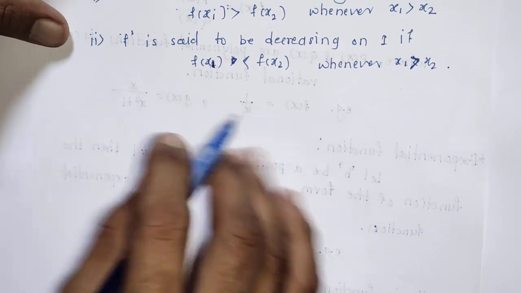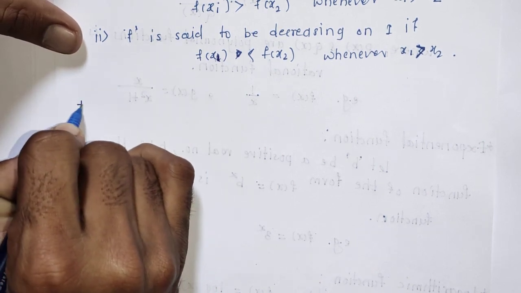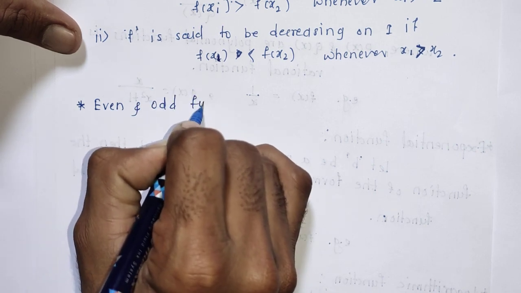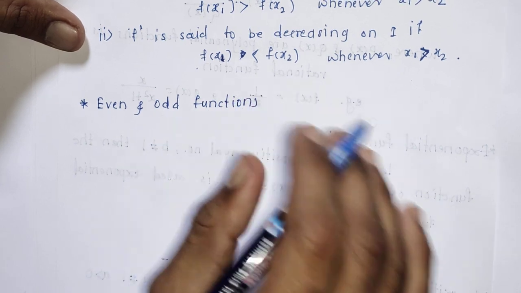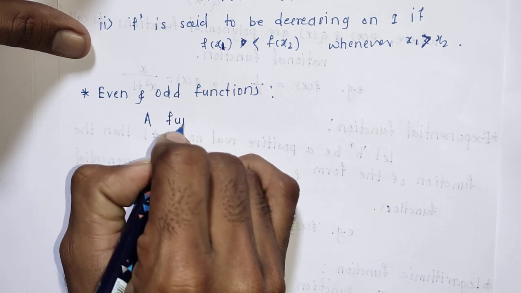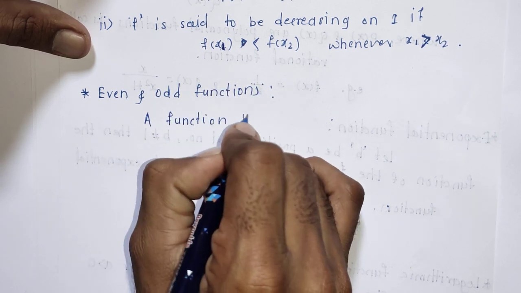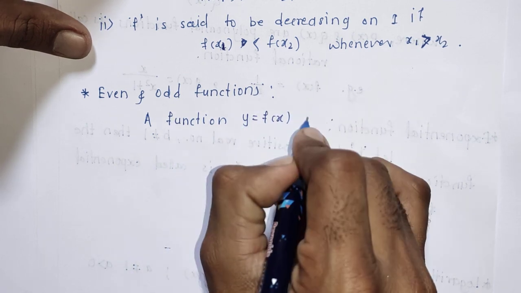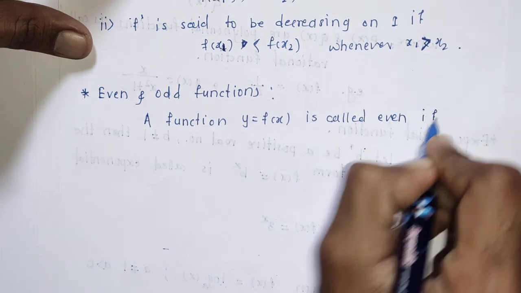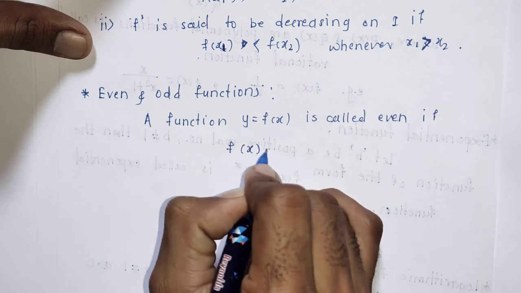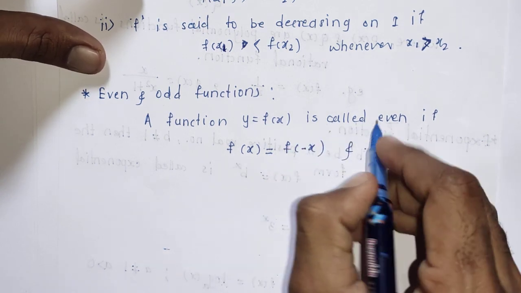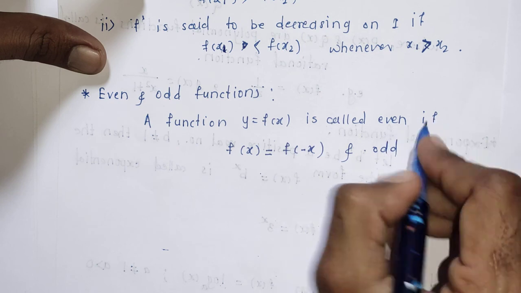Now the next definition is even and odd functions. Let a function y equals f of x be called even if f of x and f of minus x are both equal, and a function y equals f of x be called odd